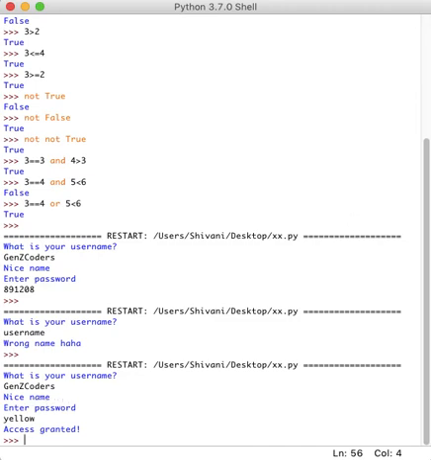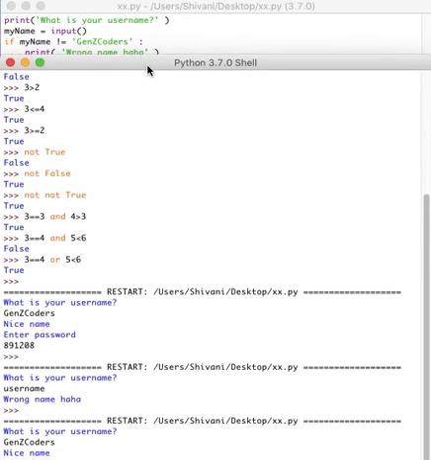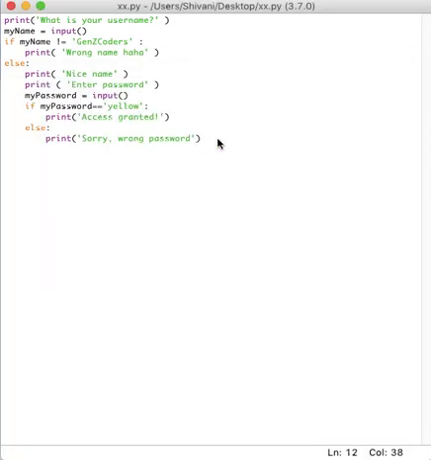Okay, now I want to talk about one last statement, and then we are done. This is called the elif statement, alright? Let me type that out over here. Okay, this is called the elif statement. I'm going to put that in a comment. So when it comes to if and else, only one of the clauses will execute. But you may have a case where you want one of many possible clauses to execute. Now, the elif, also known as else if,